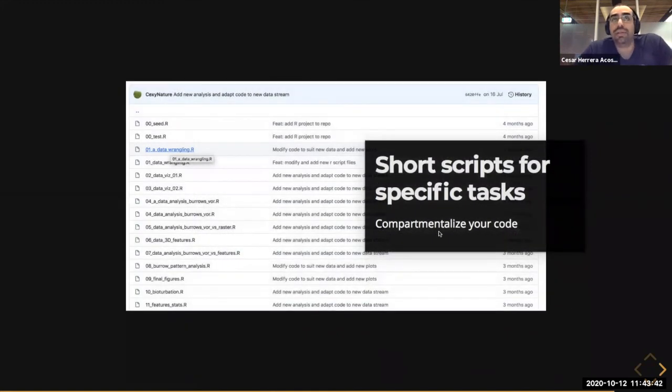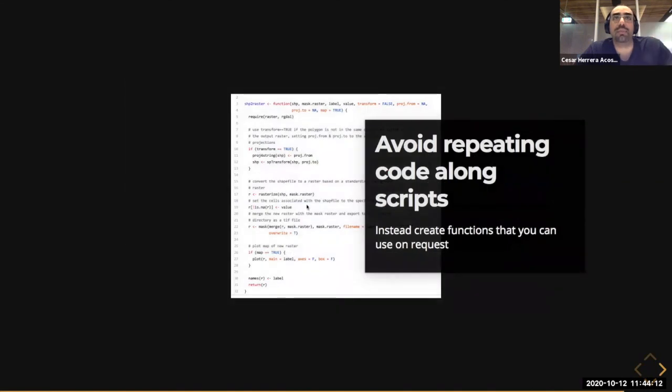Something else I try to practice a lot is writing short scripts for a specific task. I have some R scripts that might be 300 lines long. That's just too much. If someone else wants to understand your script, they are going to get lost unless it's perfectly well documented. So what I try to do is compartmentalize my code. For example, this is just a script that is 32 lines,